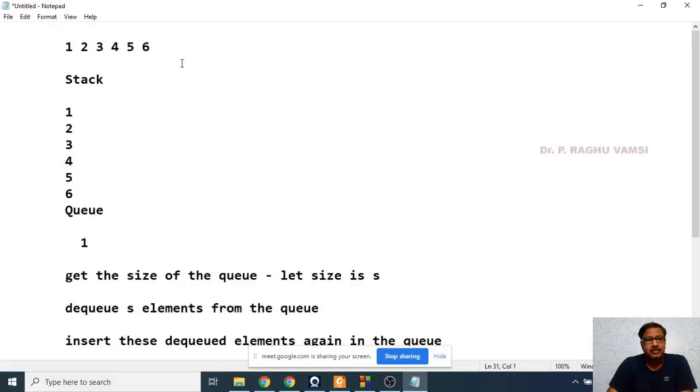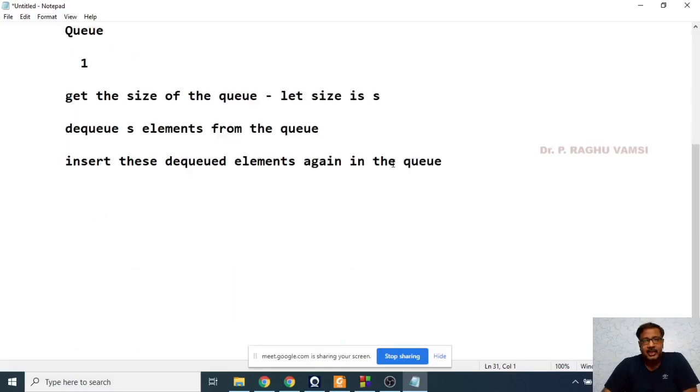So the last element you got is 7. Now you insert these elements in the reverse order, so you will get 6, 5, 4, 3, 2, 1. That is the order that will be maintained. So insert these dequeued elements again in the queue.